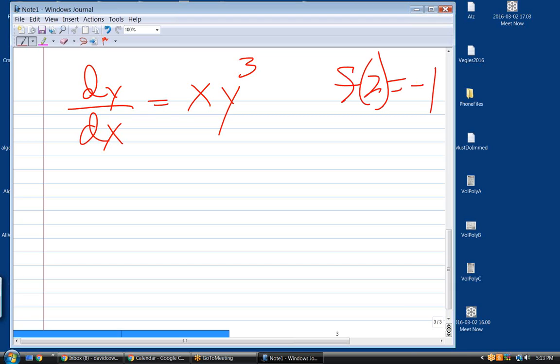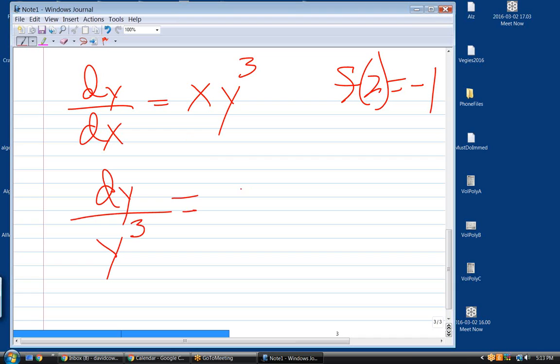Okay. Yeah, this is an easy one. We're still going to employ the same technique. We're going to separate the variables. We're going to get all the y's and the dy on one side, all the x's and the dx's on the other. And they have to be multiplied. They can't be being added, just for your information. So we end up with dy over y cubed